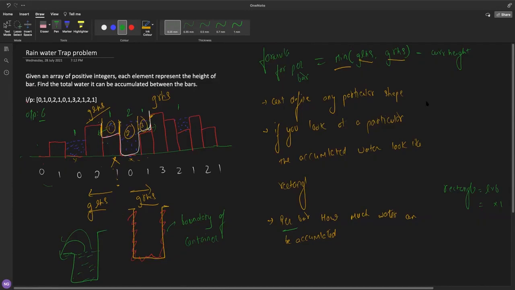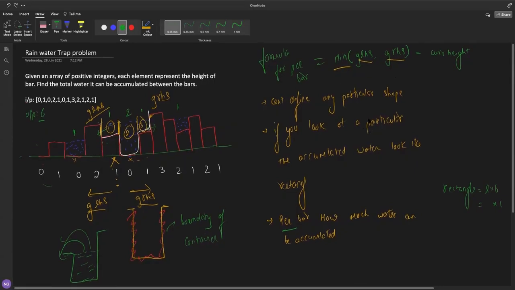Now think how you will calculate the greatest element on the left hand side and the greatest element on the right hand side. Just think how you will do that. While thinking, keep in mind that yesterday we did some problems. Can we take the help of that or not? I'm giving you 10 minutes now to think about how we can solve this. You can use yesterday's approach also. Think, connect the dots now. Do it by yourself first, and then I will help you out. Good. Can we do this?